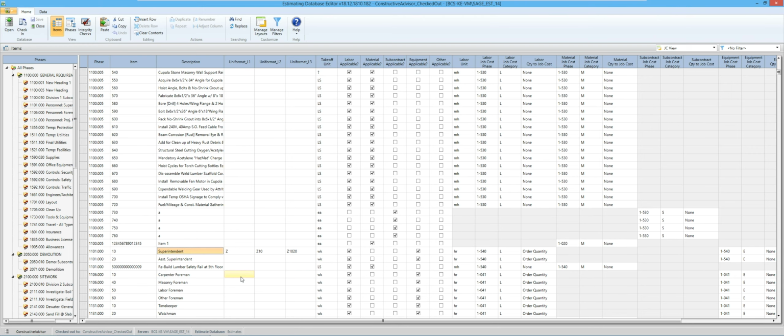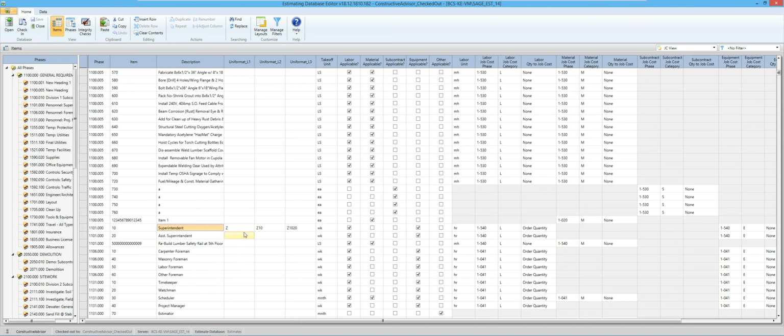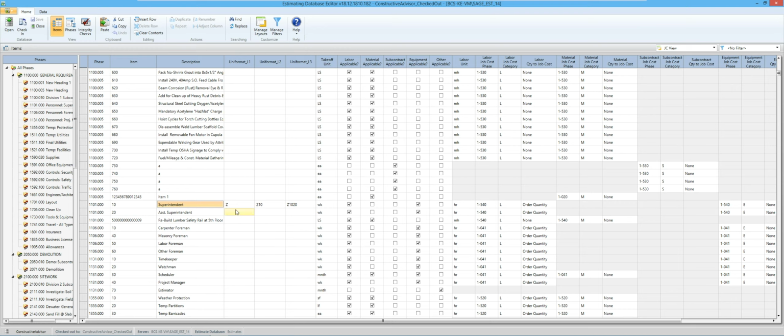So if I said that all these other items by each other were associated with that same administrative type of heading, this is why Database Editor is so much more powerful, because I could click and hold many items and do the fill down. Basically I clicked on the first one that had the value I wanted, clicked and held to come on down through, and once I get done, I can right click on it and say fill down. Or I might click once on the first one, hold my shift key down and click on the last one in the list. There again, just another way of blocking out many things and doing a fill down.